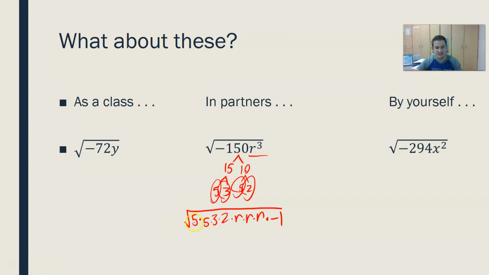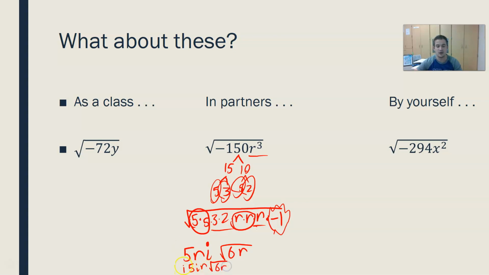Well, these need to escape in pairs, so I have these 2 5's. I have these 2 r's. The 5 and the r are going to come out as 5r, which would leave the 3 times 2 and r to be left to multiply on the inside, which would be 6r. And then this negative 1, the square root of a negative 1 is an i, so that negative 1 would come out as an i. So this would be 5ri, or 5ir, you could write it either way, it doesn't matter, times the square root